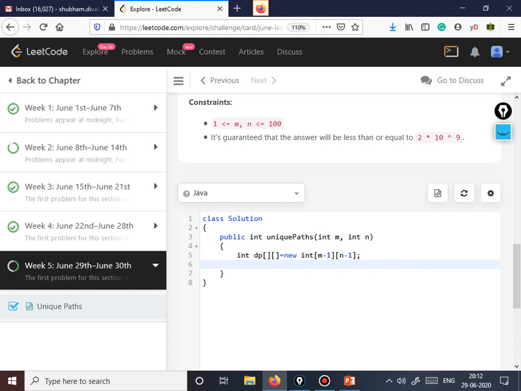Now we need to fill the first row and the first column. For the first row, we loop with j equal to 0, j less than n, j plus plus, and dp of 0, j, because we need to fill the first row, would be 1.